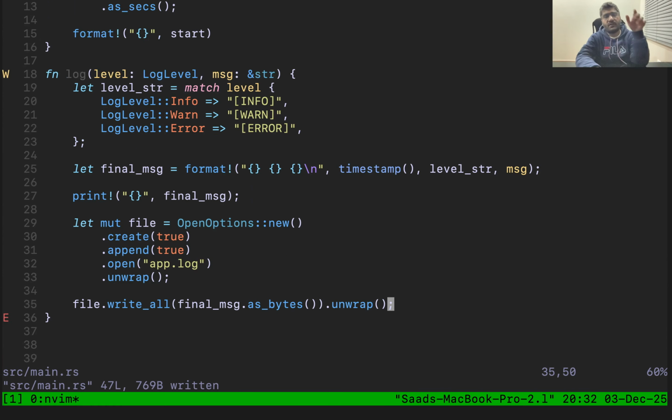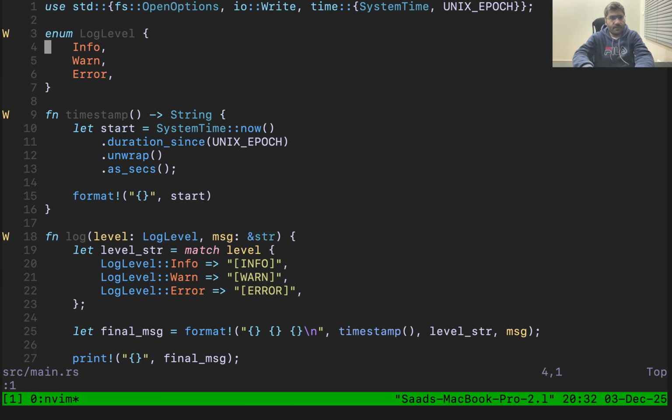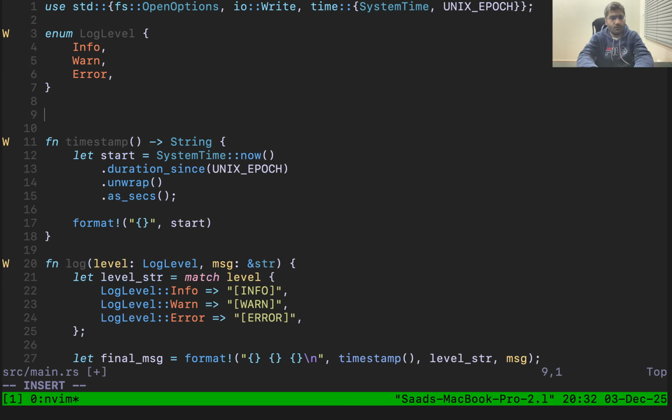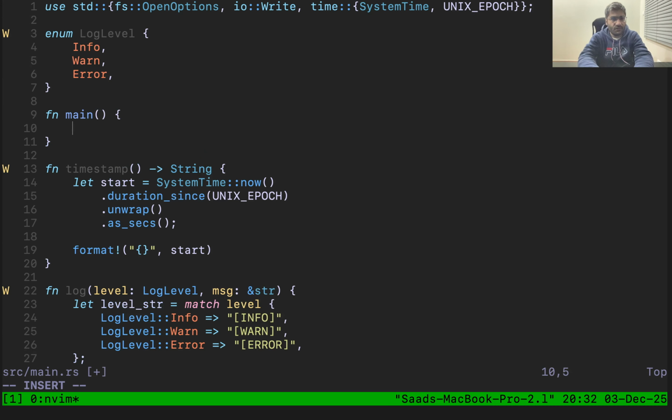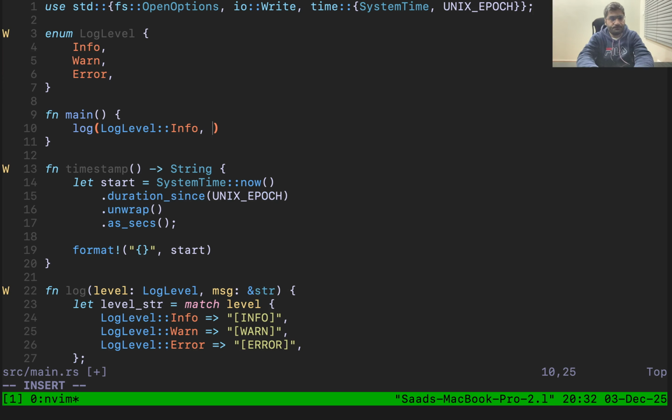So both of our functions, the timestamp and the log, are completed now. We just simply have to use them in our main function. So let's create the main function, which is the most important function. Let's use the log and pass the log level info first. Info should be, I think, what's the message? The message should be, you can say, application started,